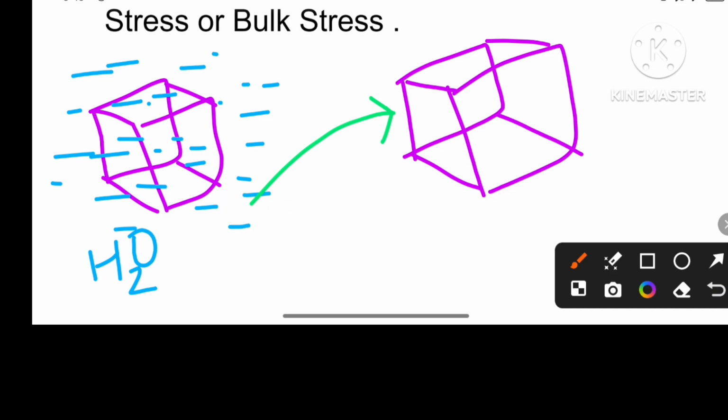When will this be possible? When my force is acting from inward to outward. My force is acting from inward to outward. In this case, the volume of my object will be increasing. Okay. And the next one, if it will happen,